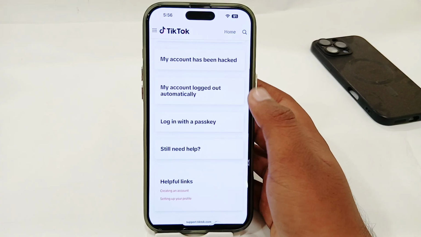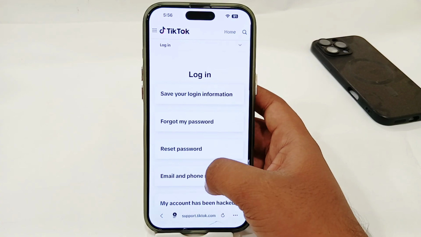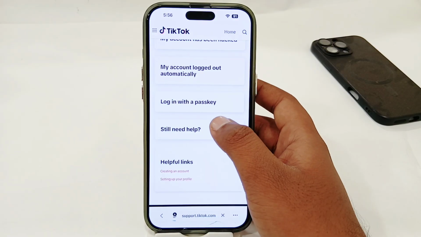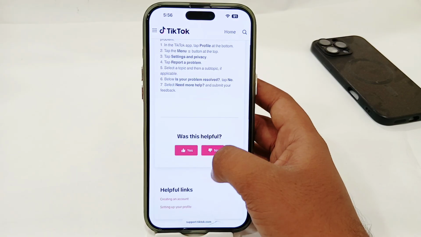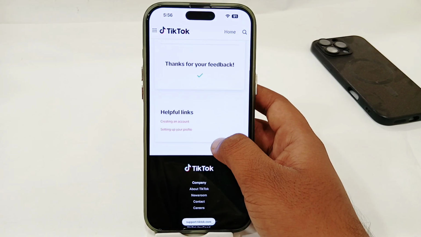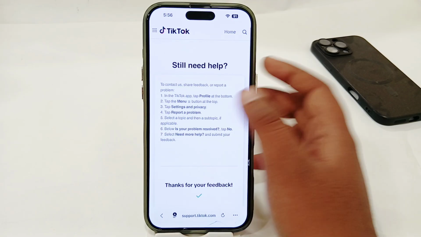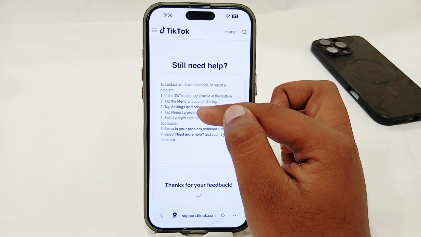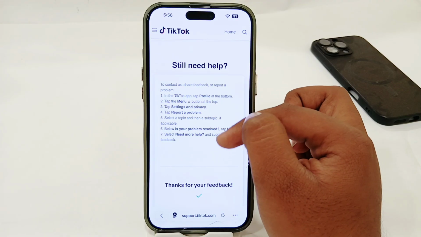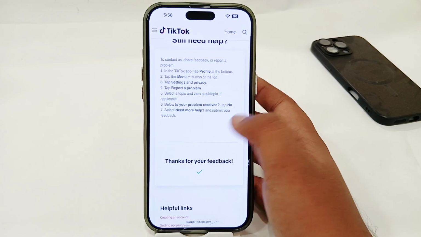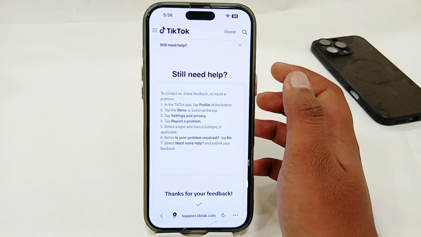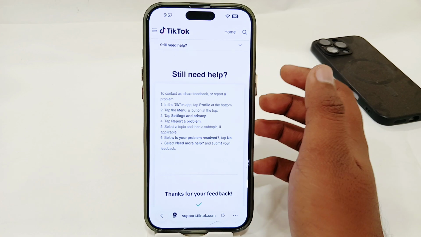And here, for example, I'm going to select this option, if you still need help. And here, select no, and then you'll get a menu: in the TikTok app, the profile button, then menu, settings, privacy, report a problem, and report from here. And after that, TikTok will get you support. So in this way, you can easily fix your